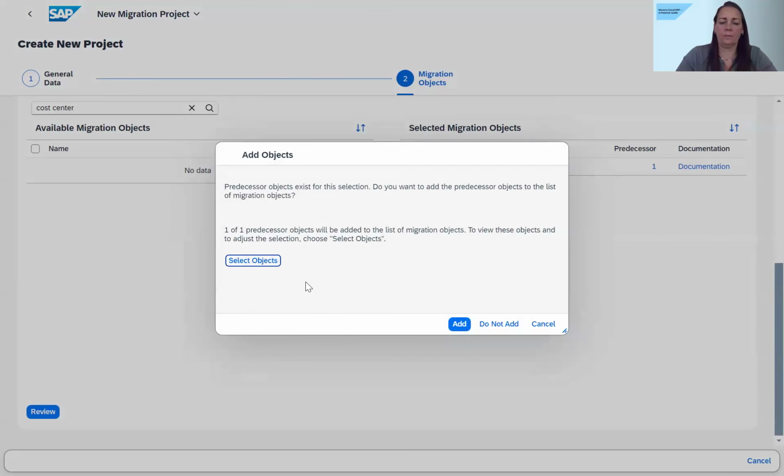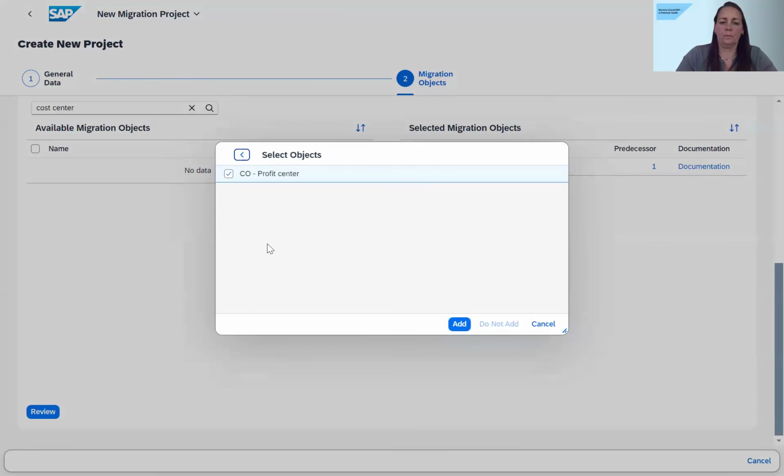So there are some dependencies and a strict order in which you need to migrate data to avoid any inconsistencies and errors. In this case, the Migration Cockpit proposes that I choose the predecessor object, and I click select object to see. And it proposes that I add profit center to my migration project. So I click add